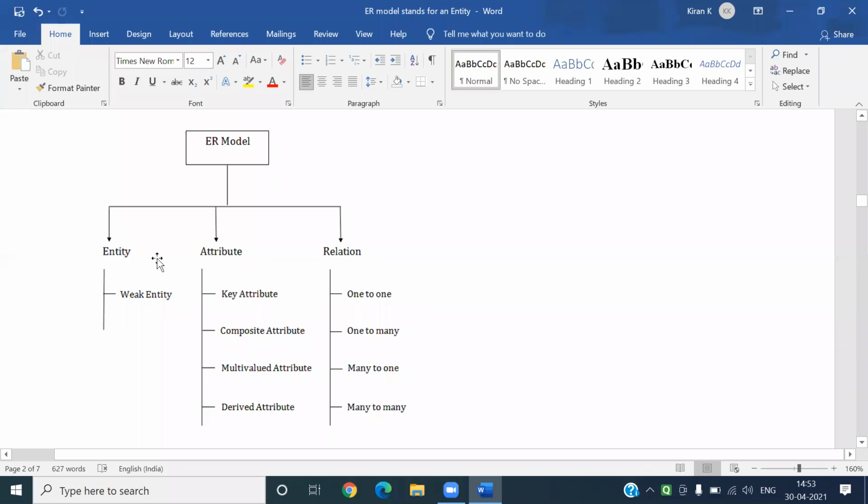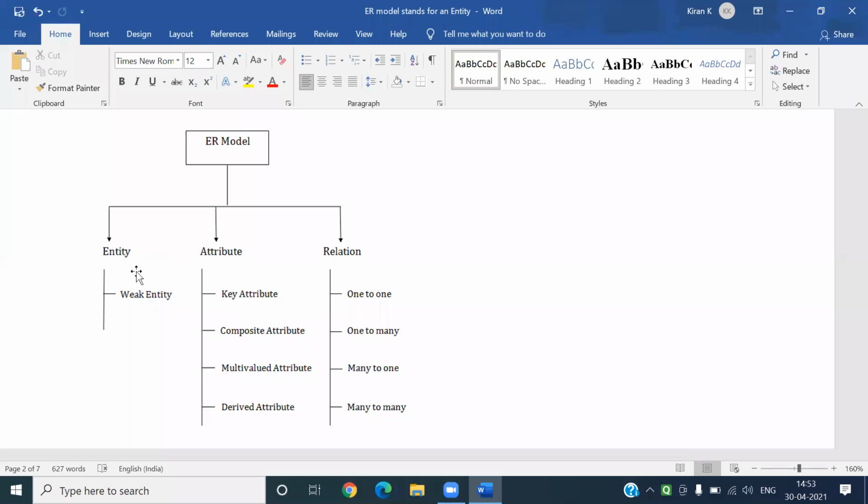What do you mean by entity? A real world object is called an entity. Attribute means the different fields or qualities that describe an entity is called an attribute.